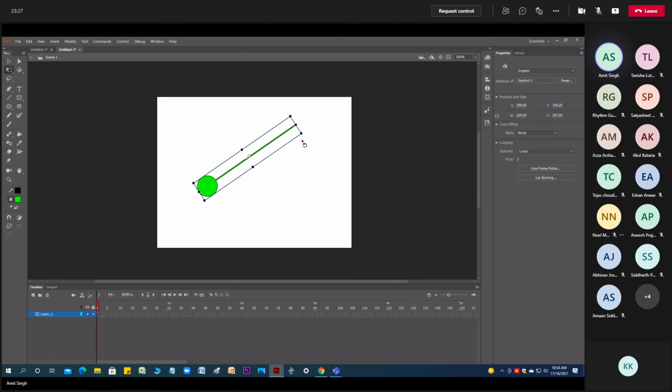So what you have to submit is the raw Flash file or Animate CC file, and you have to write notes. What if you increase the time, what kind of animation happens, and what if you reduce it. I want 5-6 observations written there. I will cross check your observations with your assignment. It should not be that you just copy from somewhere. It should reflect in your assignment also. Clear?